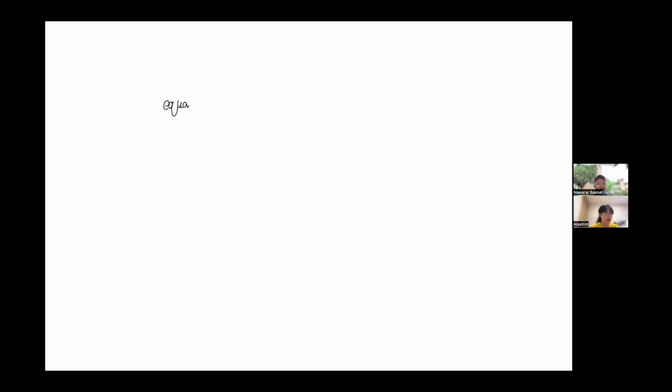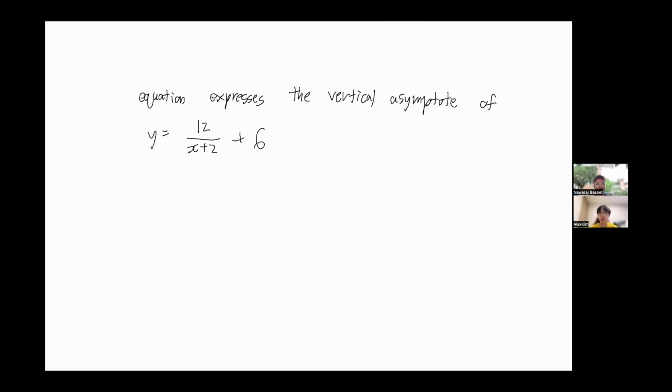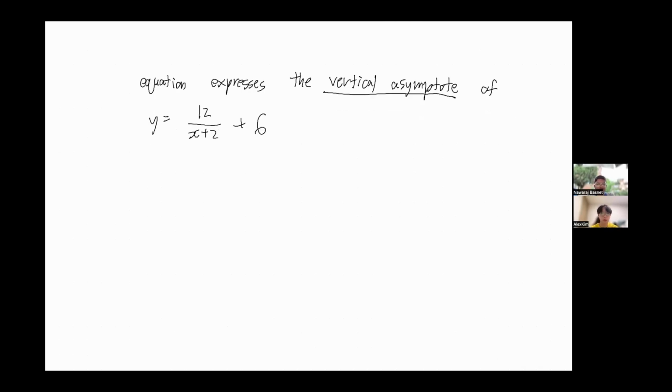So the question is asking for an equation that expresses, so shows, something called a vertical asymptote of a function y equals 12 over x plus 2, plus 6. So what is a vertical asymptote? We'll start with that. So let's say we have an x and y plane,